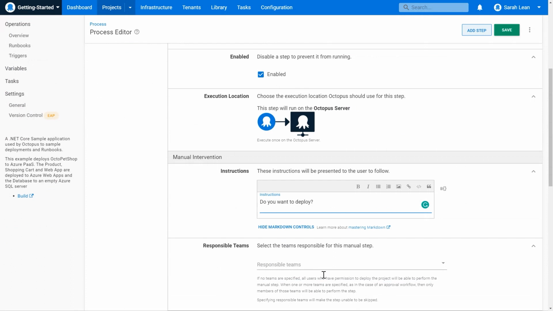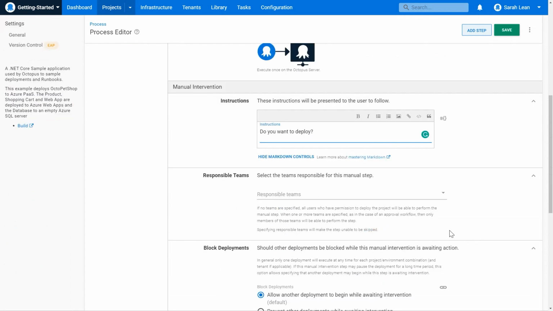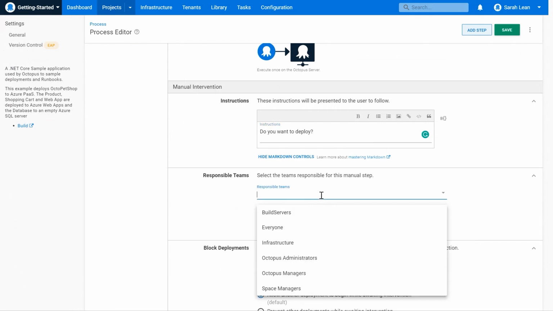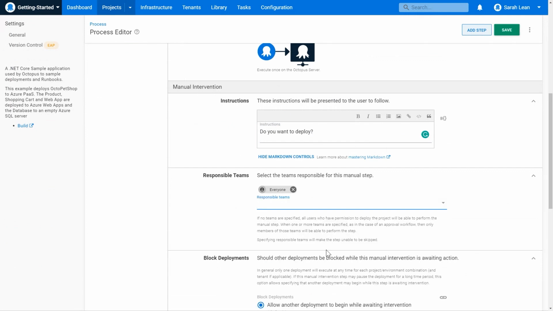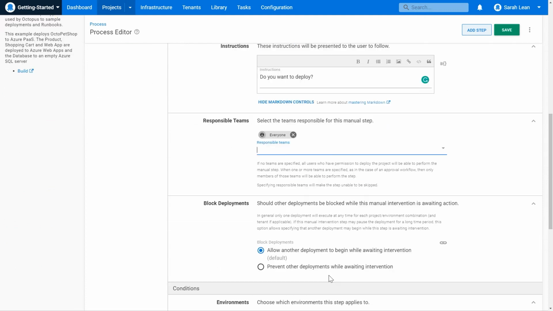Again, you would probably put in real life more instructions and more detailed instructions if there was things that they had to check. Now, there's a section here where you can configure inside the step who's responsible for actually approving or denying this deployment process. There are different teams you can set up inside Octopus, or you could set up a custom team for your needs. Because this is a demo, I'm just going to select everyone. But again, in real world, you would put in an appropriate team that didn't include everybody in your environment.